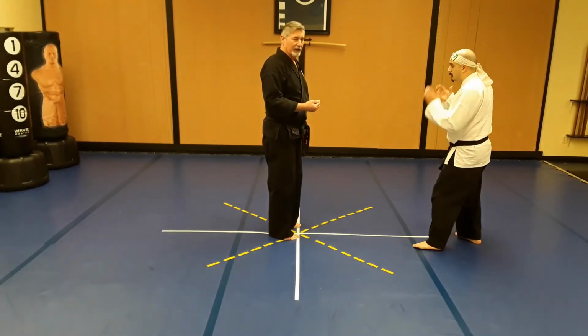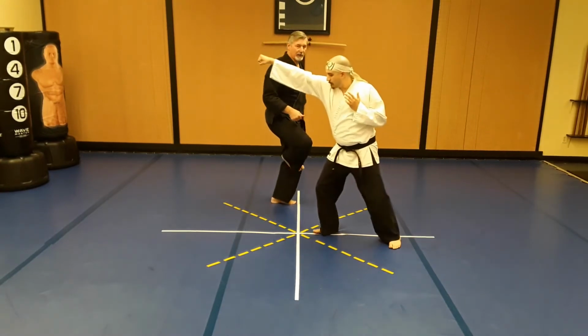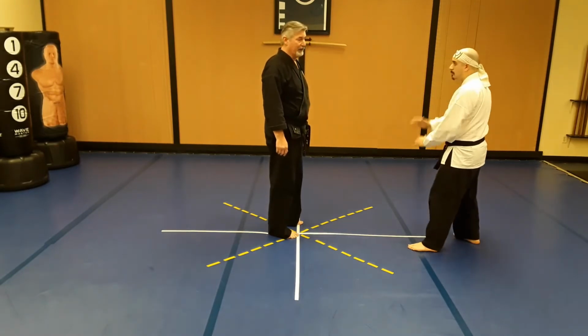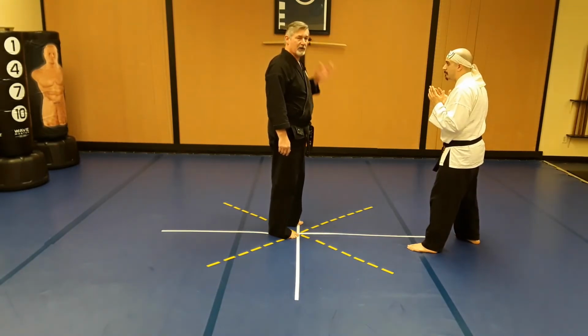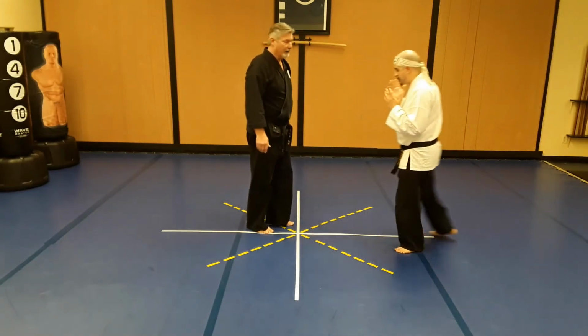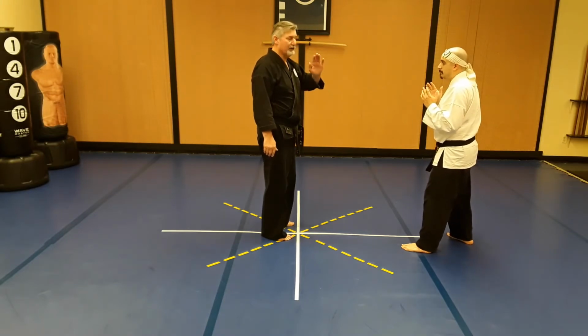Let's take a look. If I do nothing, and if he commits to the punch, he should go past me. And that's what we're looking for right there. But we want to make sure that we don't get hit. So as that happens, I'm also going to use a left inward parry to the wrist. Okay, I'm moving over to the side, I'm evading, but I'm also going to redirect that punch to make sure